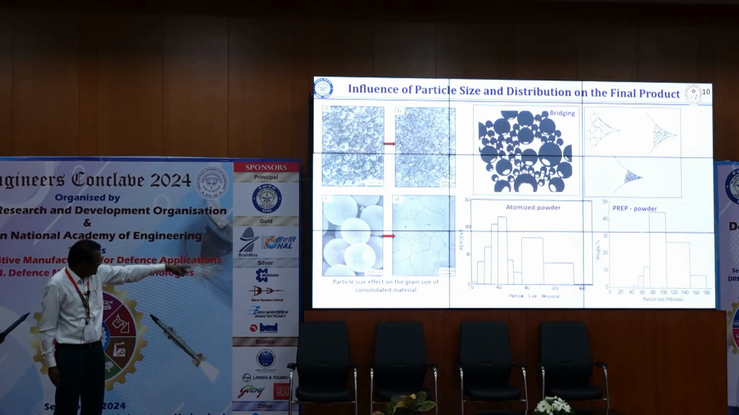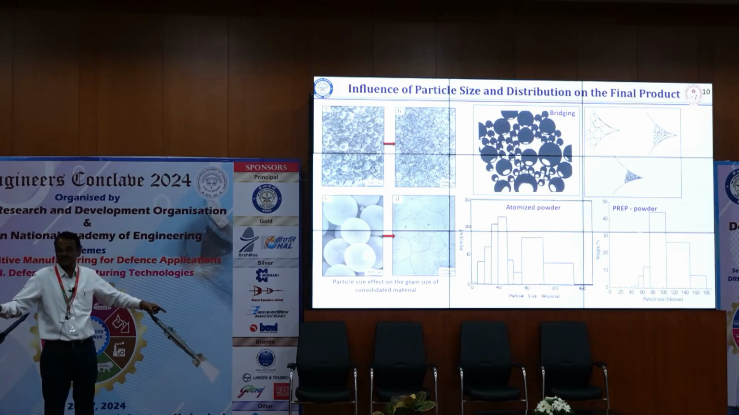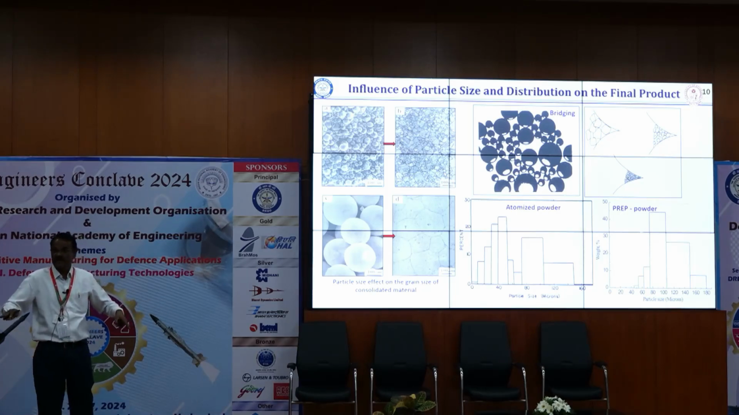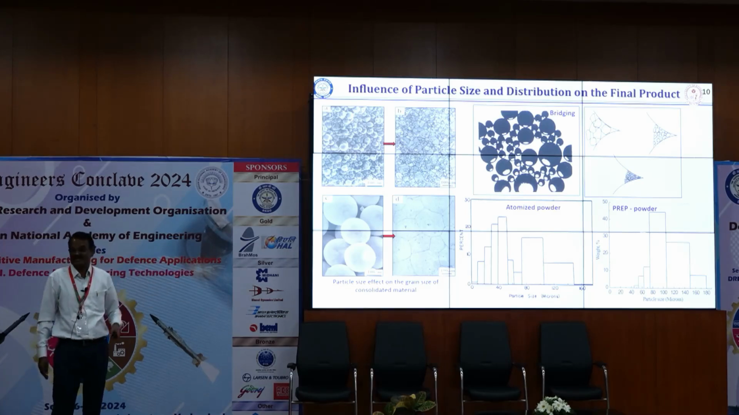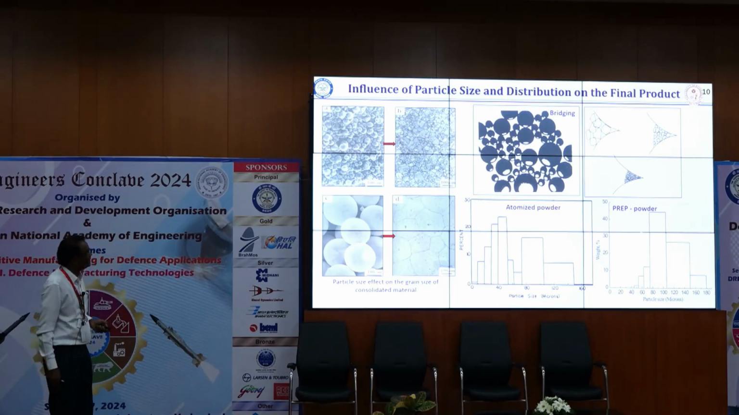There should be a size distribution. Two different size distributions I have shown here. Atomized powder will have a wider particle size distribution that will have its own advantages, but with a wider particle size distribution, there is more surface area and more oxidation-prone characteristics. But the plasma rotating electrode process will have a narrow particle size distribution that is good for uniform grain size